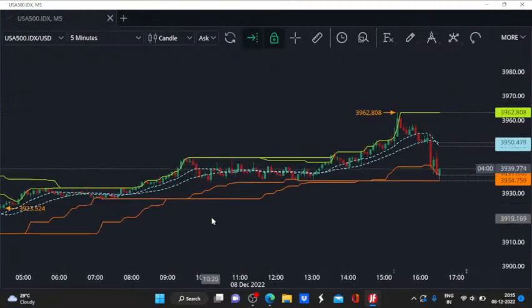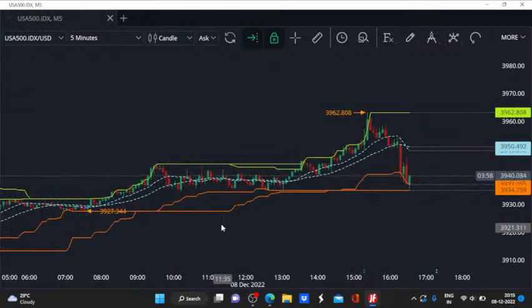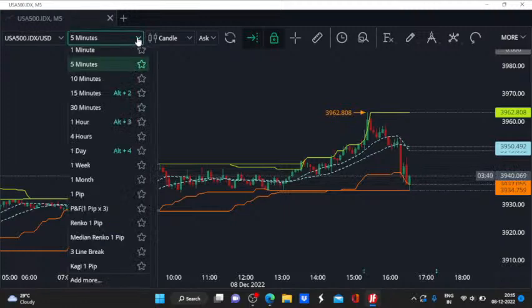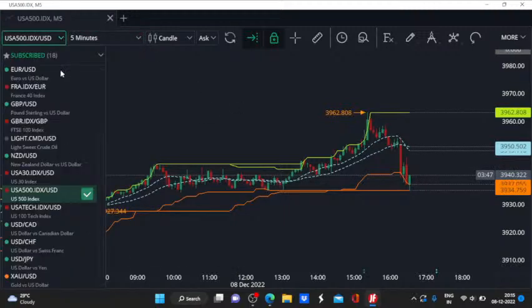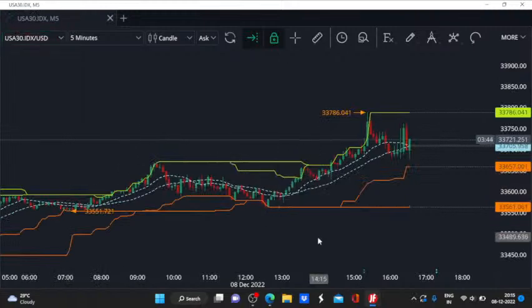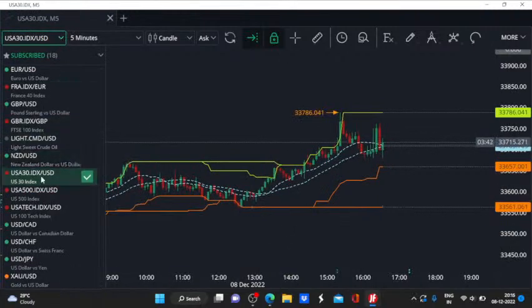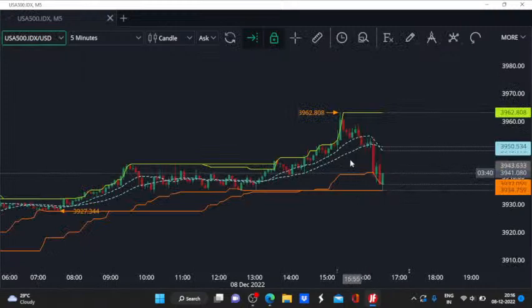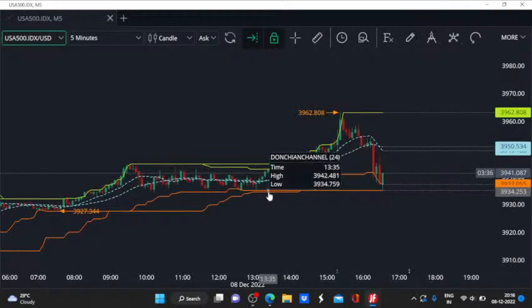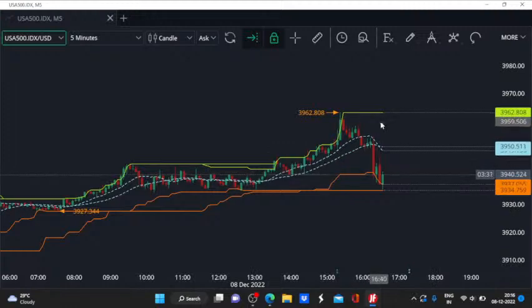So that is a cause for concern, and it then becomes advisable to avoid any kind of long trades in the S&P 500, at least, if not in all of the US equity indices. We still have the momentum on the bullish side for the Dow Jones, but it will be interesting to see how things shape up for the S&P 500, and if we see a fresh decline and then sustenance in that decline, with no swing high being made above or significantly above these